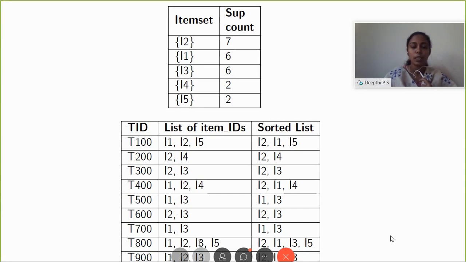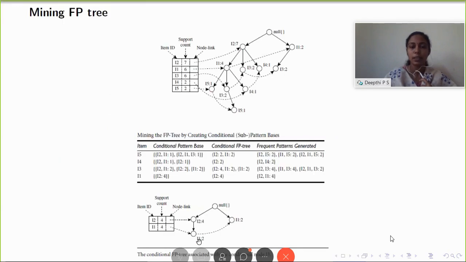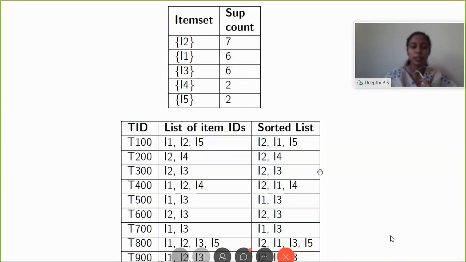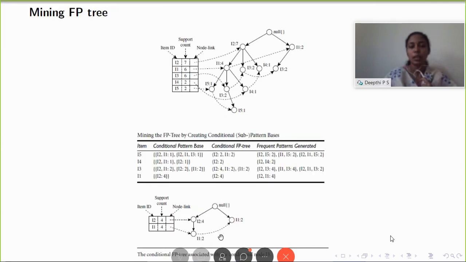That is why we have considered I1 separately. Otherwise, you would have got a support count of 4. But if you see in the example itself, you will understand that the support count of I1, I2, I3 is just 2 and not 4. The support count of I2, I3 is 4 and I1, I3 is 4, but that doesn't mean that I1, I2, I3 is 4. So you have to take the minimum of the counts that you record here. The minimum value is 2. That is why you have the support count 2.